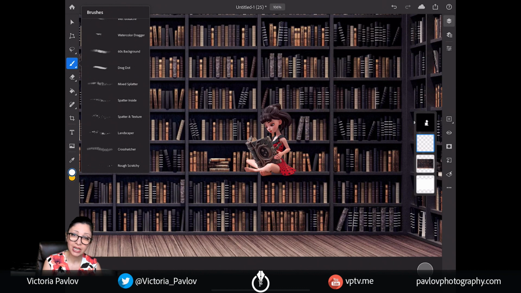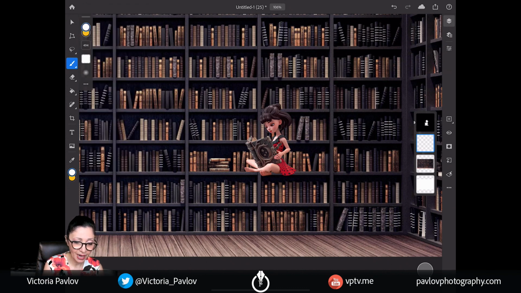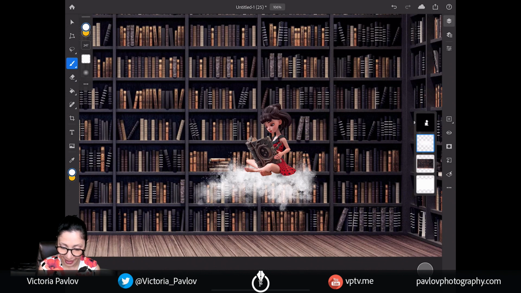Guys, all brushes are default brushes in Photoshop. You don't need to export anything else. I will click on a mixed spatter brush, and I will increase the size of my brush to about 198 or a little bit bigger, just like that. I will increase the opacity value, and everything like that. And now, guys, I will paint this cloud under our girl reading the book. Just look at this. How beautiful is it? Yes, now she's floating on this